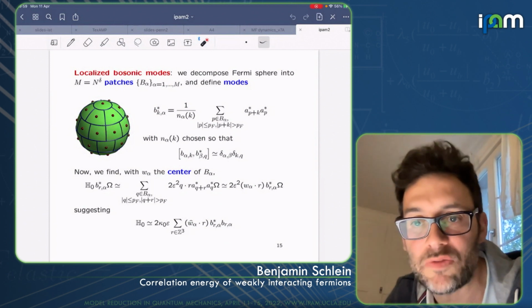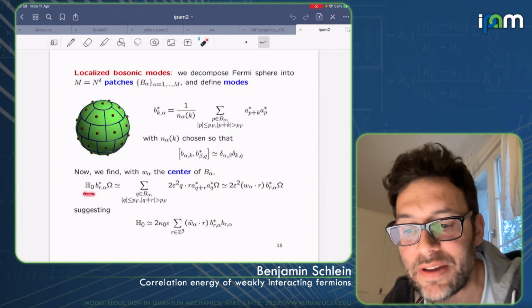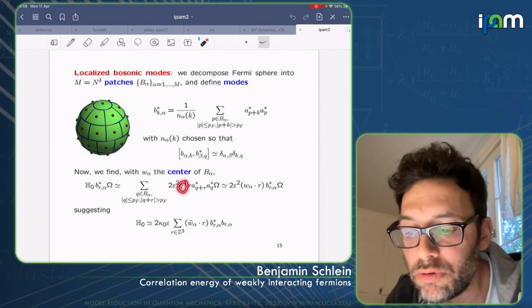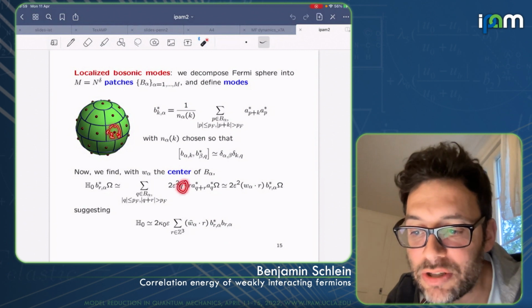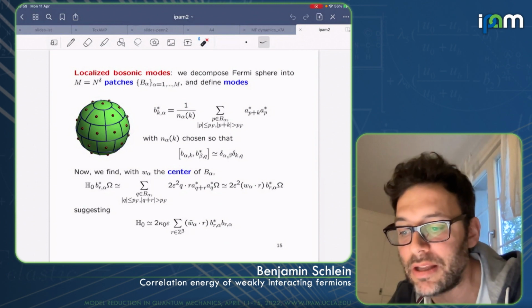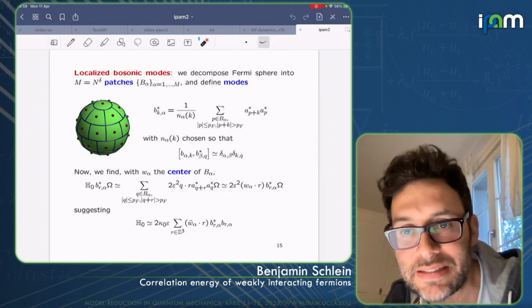Okay, and what is the advantage of this new operator? Well, the advantage is when you apply the kinetic energy operator, you do the same computation as before, but now the Q, right, it's a point here on the patch, so we can approximate it with a red point, with a fixed red point, which allows us to take it out from the sum.